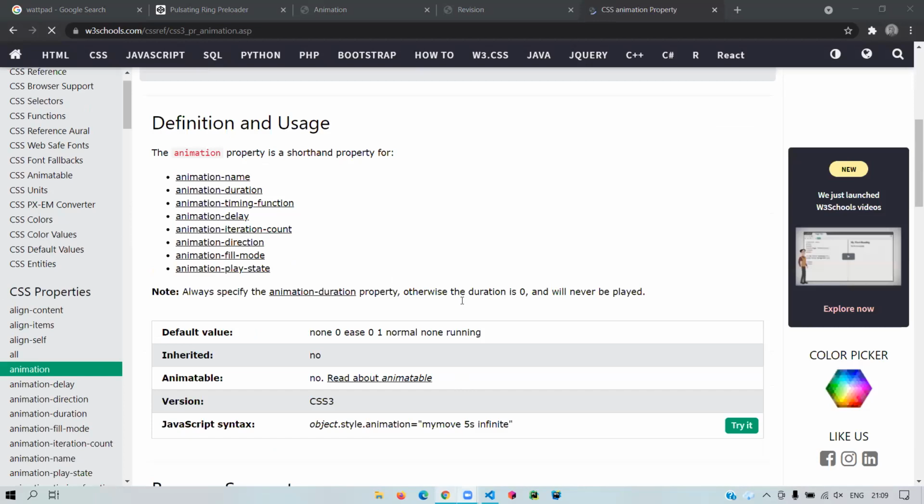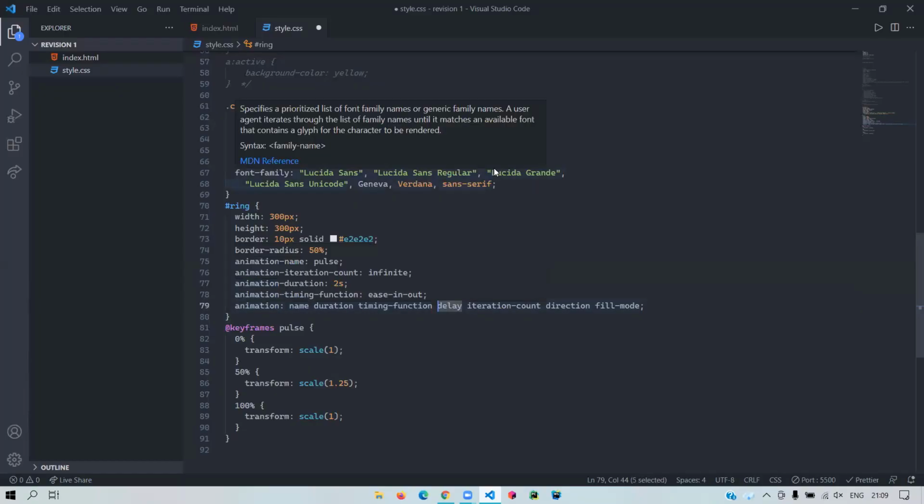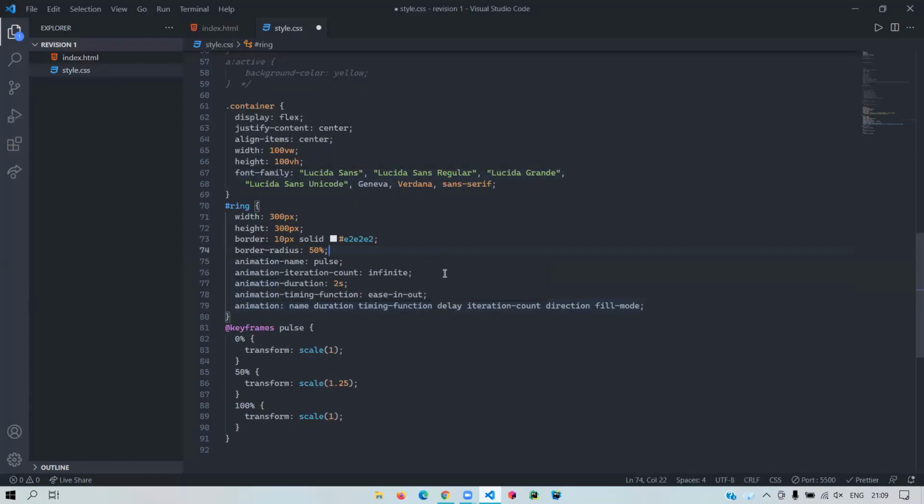Okay, so this one, animation delay. Let's say you want your animation to get triggered after a certain amount of delay. You generally use this if you are creating buttons and toggling between classes. Let's say you click on a button and then your navigation menu appears, and you want the effect to take place 5 or 6 seconds after you click the button. Then you'd use this property. Iteration count has been discussed. Direction and fill mode, I suggest you check them out on your own.